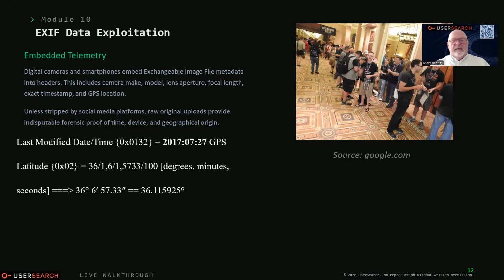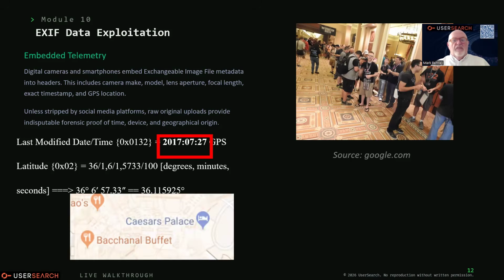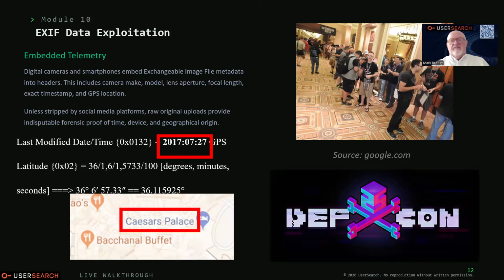You're going to look at that and say, we've got that date, the geolocation comes back to Caesar's Palace. Just go to Google and say, what event took place at Caesar's Palace on that day? And you find that DEFCON 25 took place and somebody took a picture in there. So you've got something and say, well, I don't know what this is about. But by analyzing the data and saying, right, okay, let's just go and say this is coming back to Caesar's Palace in Las Vegas. That's the date of it. Was there an event there?